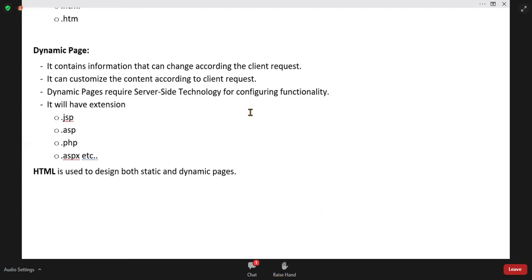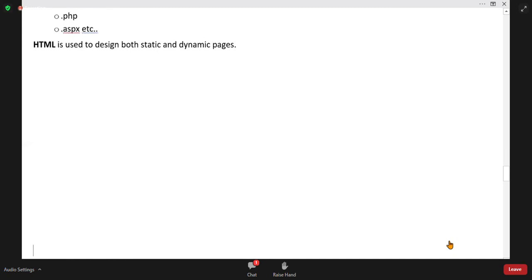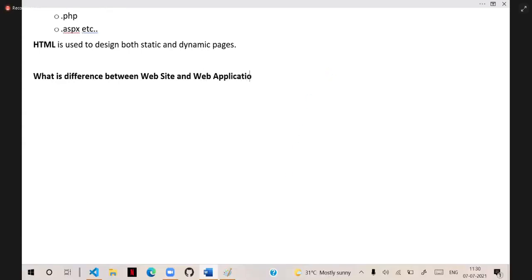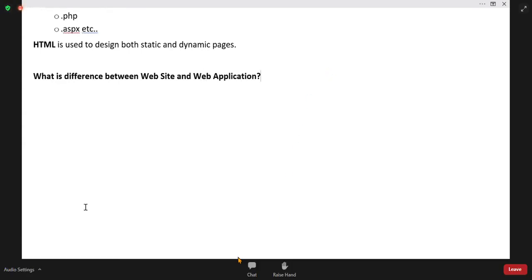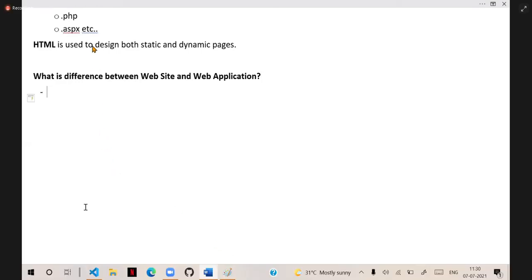So now we are clear with two important concepts as a web developer. First we understood the difference between a website and a web application. I hope now you will come to a conclusion.